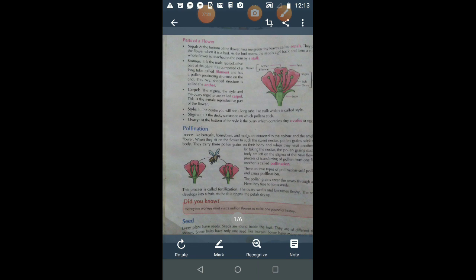Then write in front of the stigma what is the role of stigma in the flower, what is the role of style in the flower, what is the role of ovary in the flower. If in this manner you are able to write the reasons for that, then this is the best method. You understand the things and you will never forget these things in your whole life. So please follow the techniques, the best technique which I am telling you for studying bio.